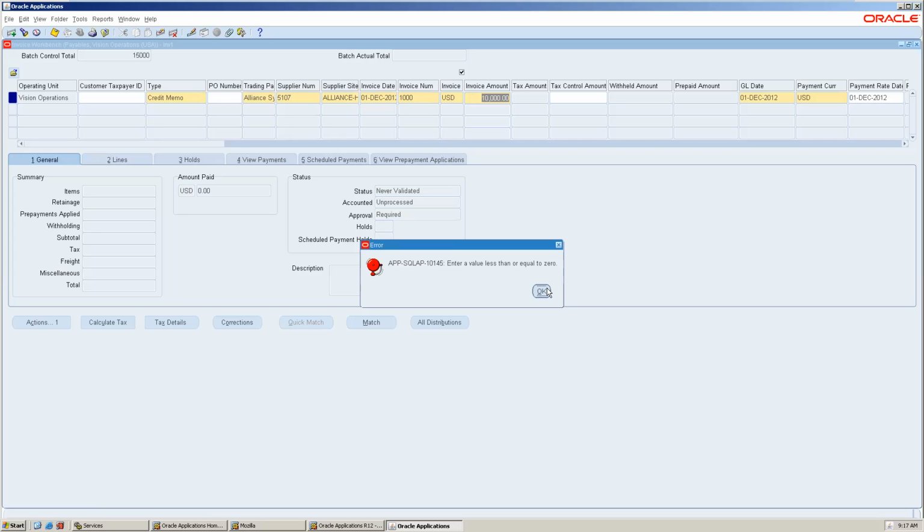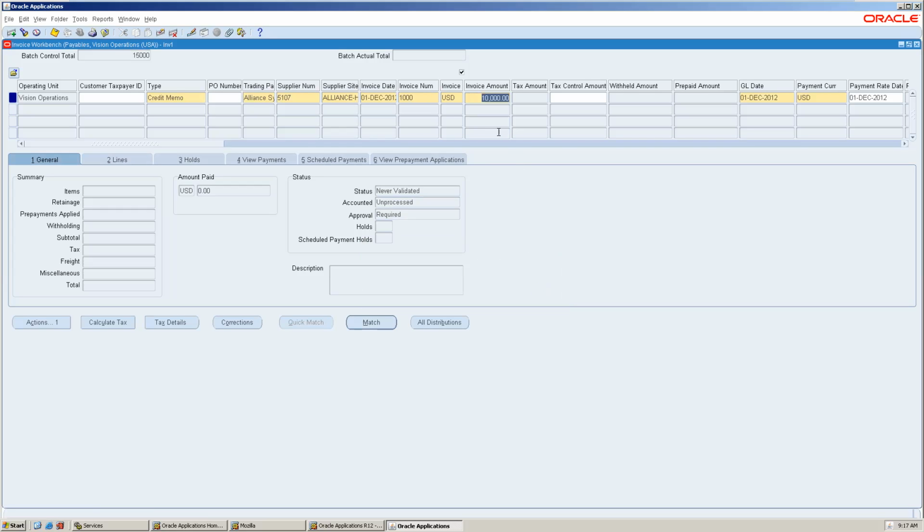So what it says, enter value less than 0. If I give positive, it is not allowing. Less than 0. I'm giving minus.